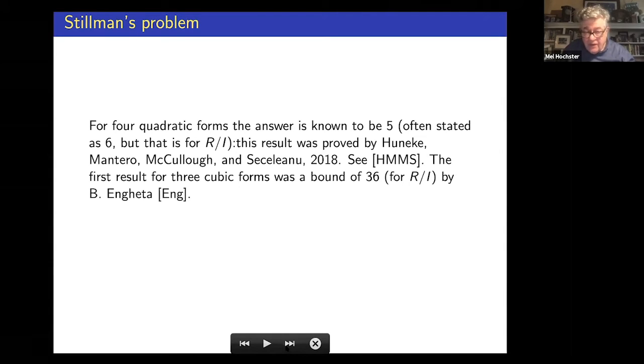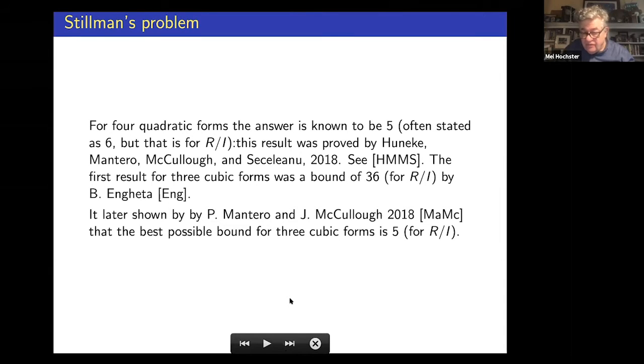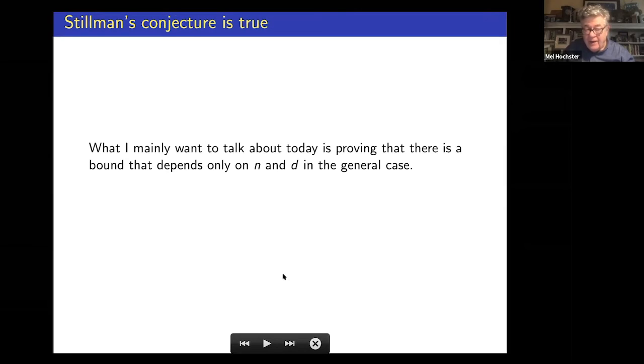And then for 3 cubics, there was first a bound of 36 for R mod I by Engheta, and later Mantero and McCullough showed that the best possible bound is 5. For a while it wasn't known, it was known to be between 36 and 5, and nobody knew which. What I want to mainly talk about today is proving that there is a bound that depends only on n and d,